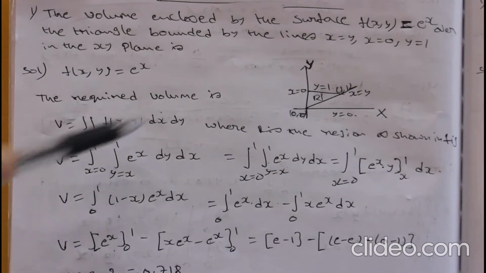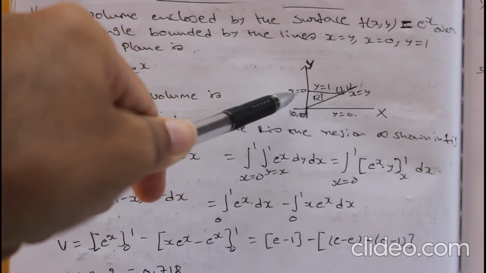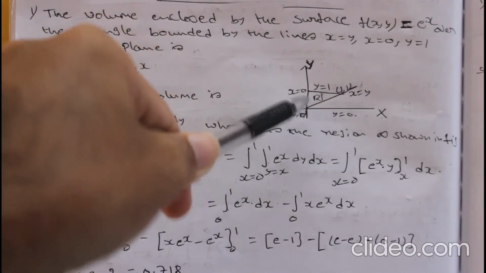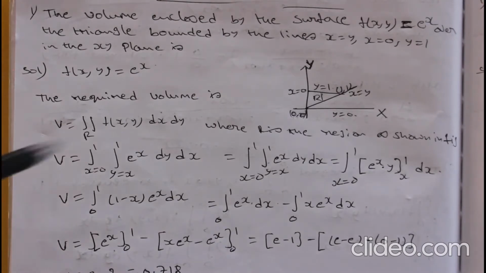So y is equal to x to 1, and if you draw a strip anywhere in this region, x is varying from 0 to 1. Okay, x is equal to 0 to 1 if you draw a strip anywhere. So x is equal to 0, 1. Those are the limits. I hope you got it, friends. If you have any doubt, please ask me in the comment section. Okay, this is very important. Here we are applying that concept of finding the limits. Sometimes, as I said in the earlier video, the question directly asks how to find the new limits after interchanging the double integration.